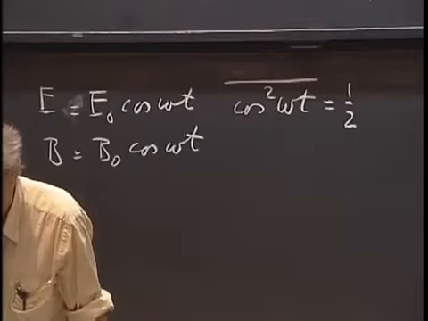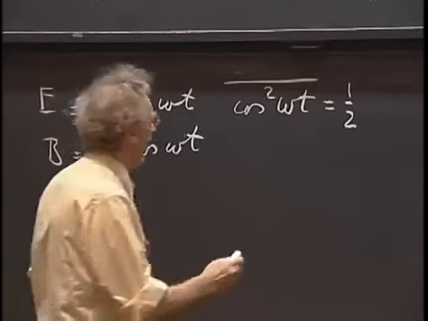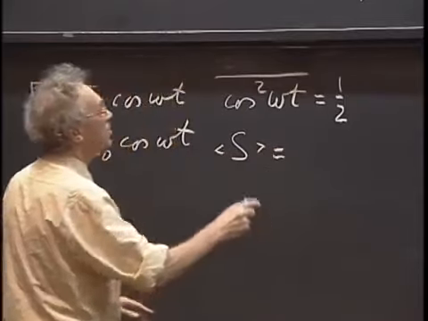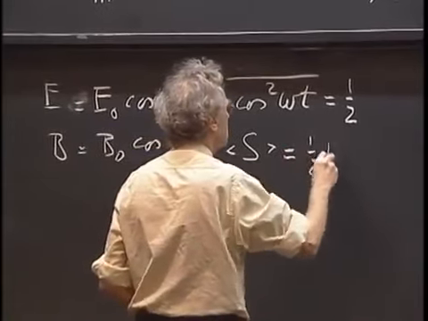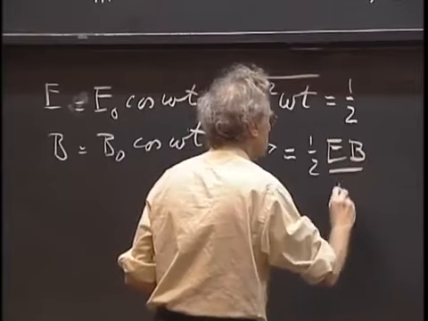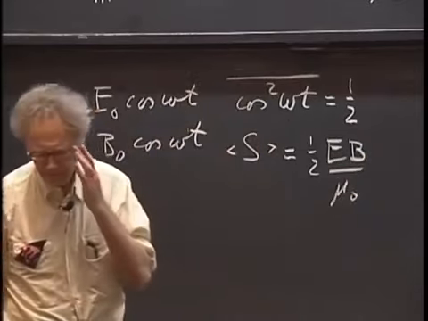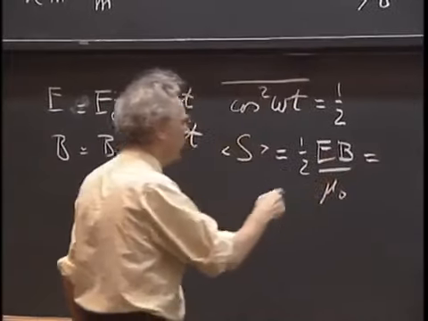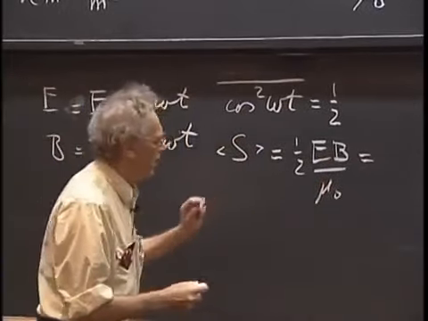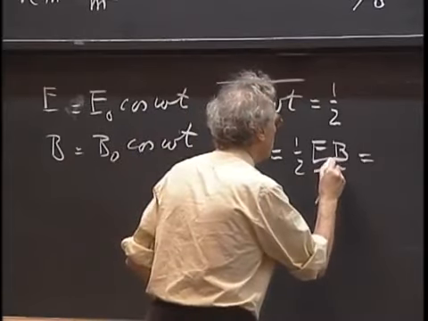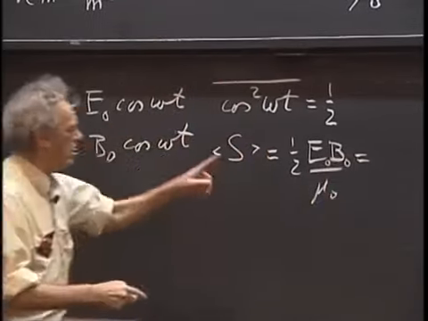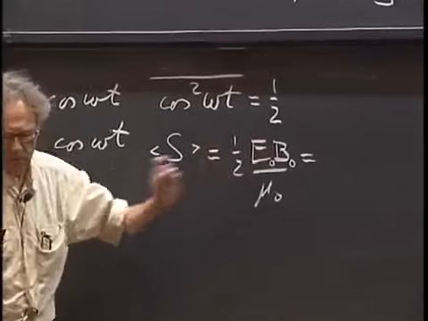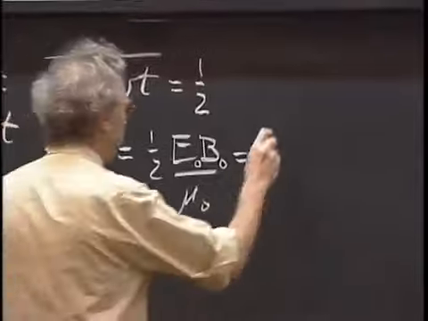And so we can conclude then that the average value of the Poynting vector, time averaged, is 1/2 EB divided by mu0, for which you can also write 1/2 E0 B0. It's important that you have the E0 because the cosine square average is 1/2. So here are the amplitudes. So you can also write for that 1/2